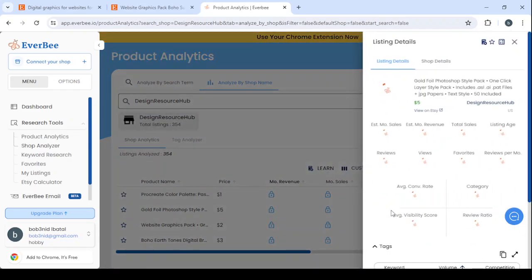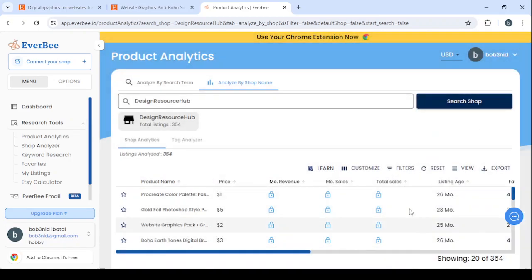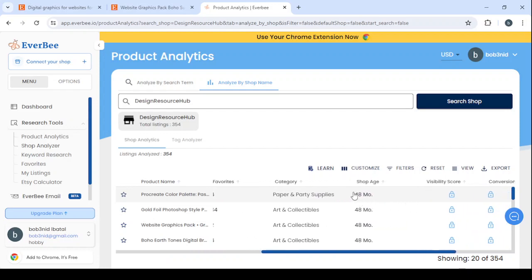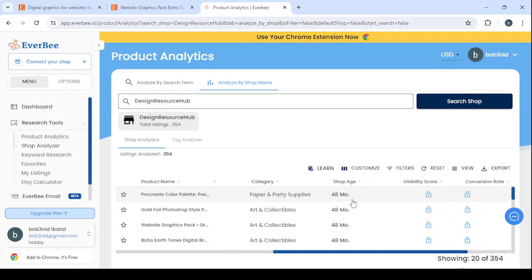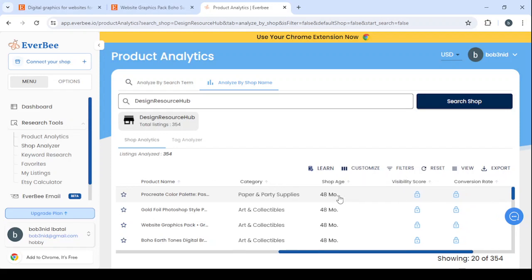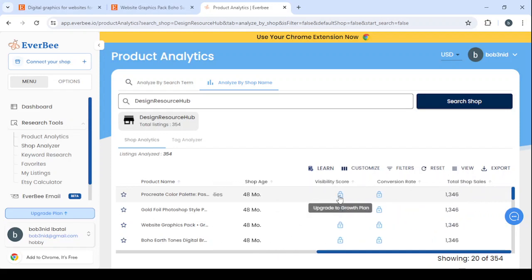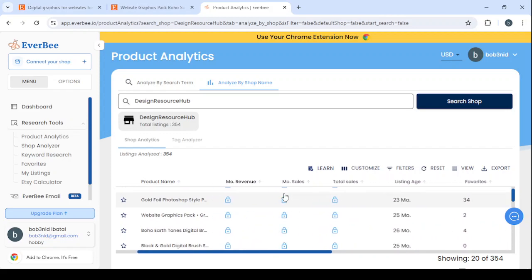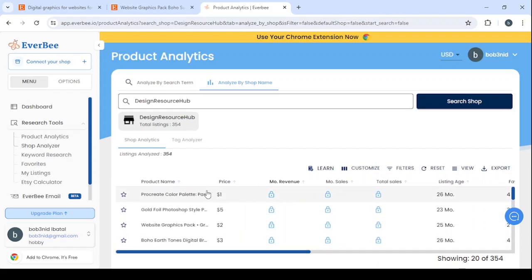Let's close this, not right now. Let's see the age of this shop. The shop's age is 48 months, so that's a lot of time, which is approximately 4 years. So this shop was created 4 years ago, and this is their total shop sales, 1,300 sales in total. So they are not making a lot of money with their shop, but here I think this is their popular